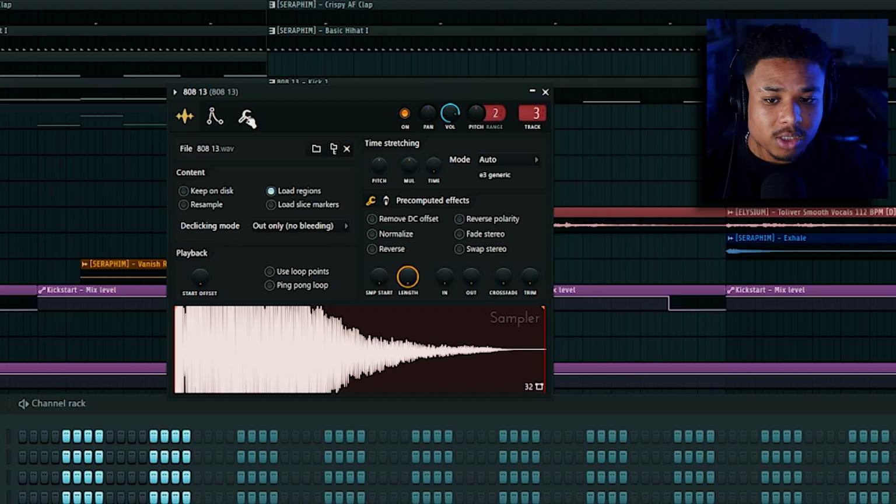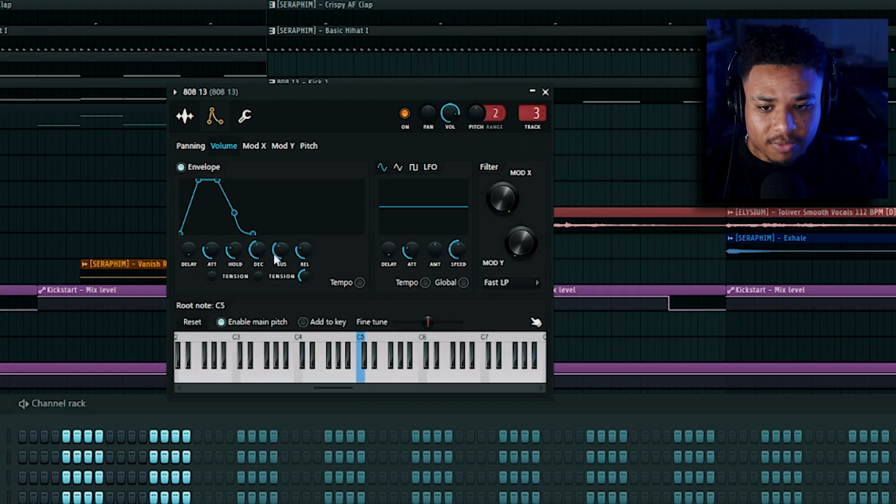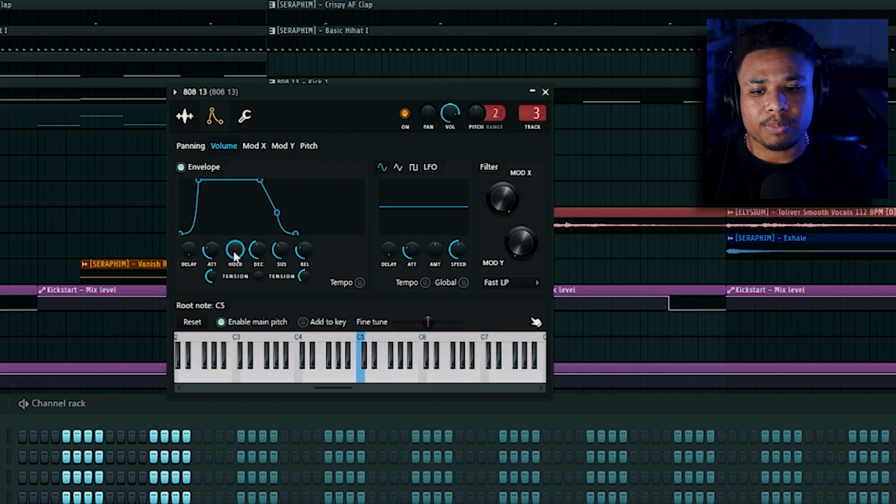Alright, now let's say you want to quickly max out a setting or reset it to default. For example, if you've got an 808 and you want to quickly do the envelope, just hold Alt and then mouse wheel it up. And then you can mouse wheel down for all these. Or if you want to reset a setting, hold Alt, just click. That'll reset everything back to default. And this will work in any knob inside of FL Studio. And it'll work for most